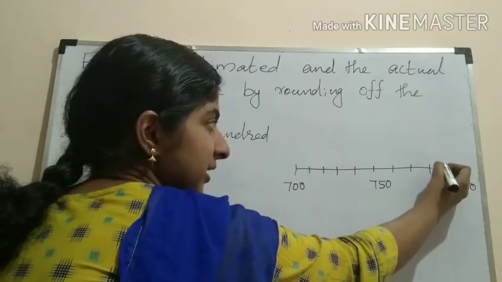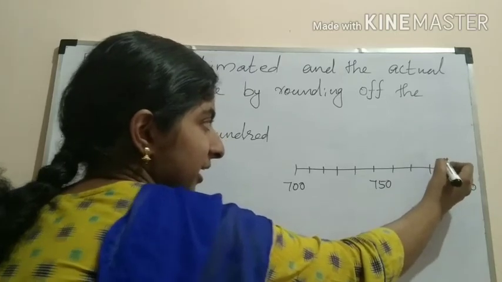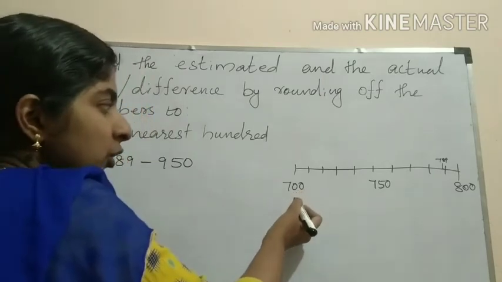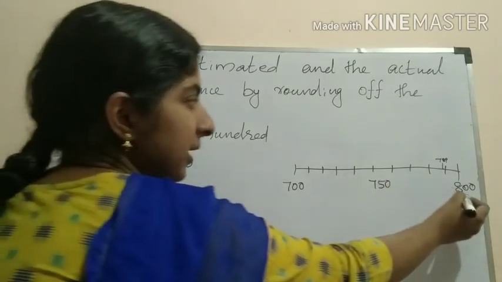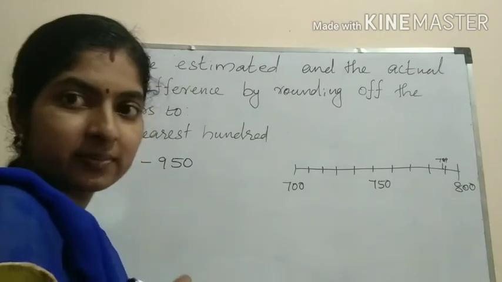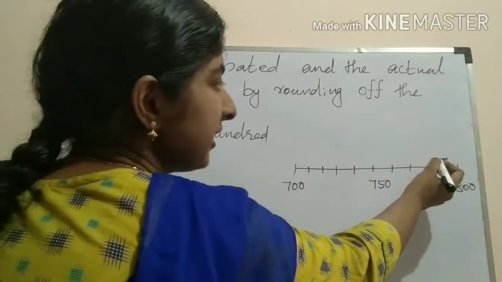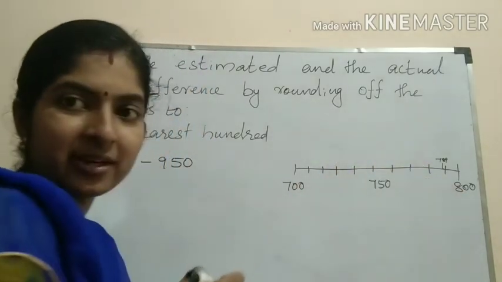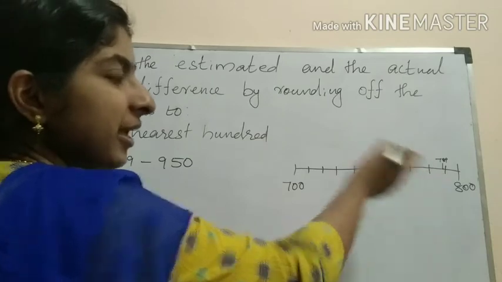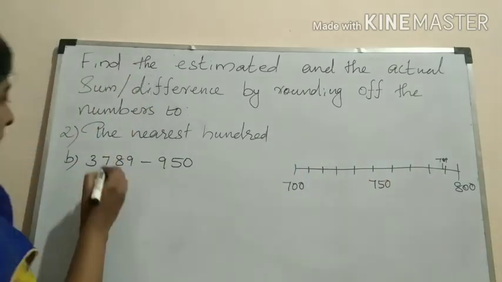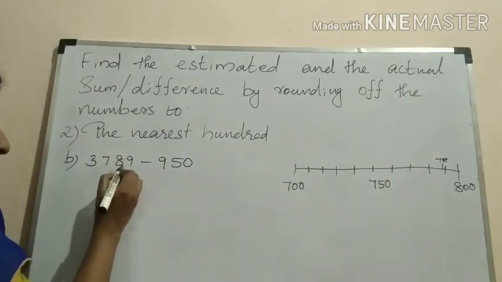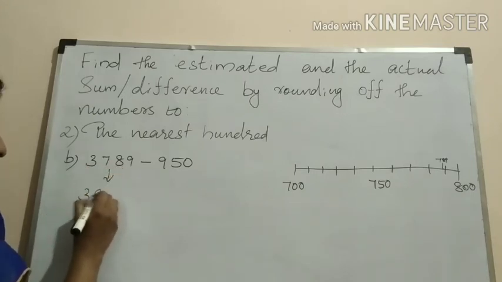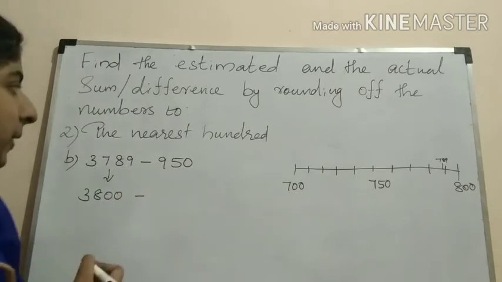So 789 is here. This 789 is nearest to which? Lower 100 is 700, upper 100 is 800. Then this 789 is nearest to the upper 100, nearest to 800, isn't it? So this 789 becomes 800. That means 3,789 becomes 3,800 minus